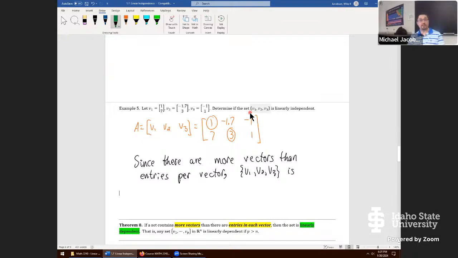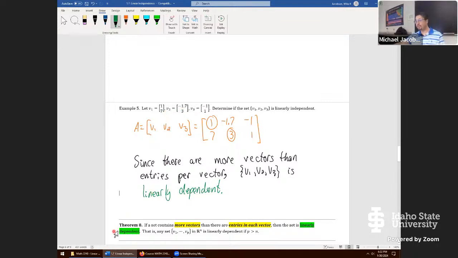Here, there is a free variable. They have to be linearly dependent. And that's a foregone conclusion, but you could have also said, you have 3 vectors, but there's just 2 entries